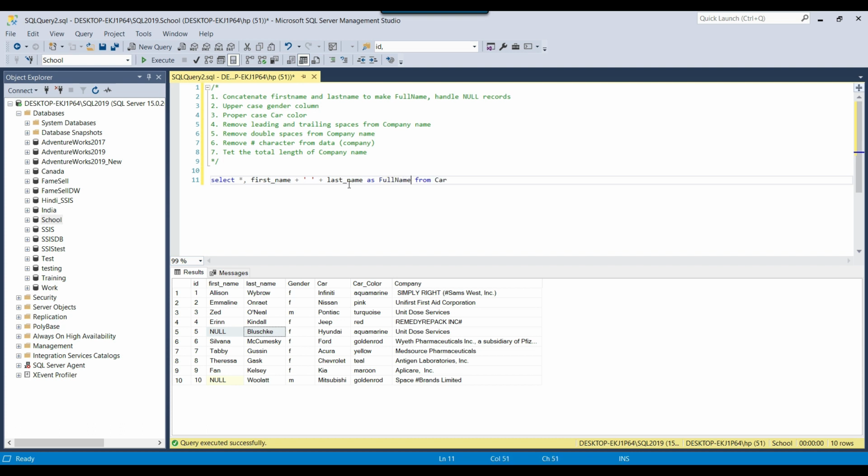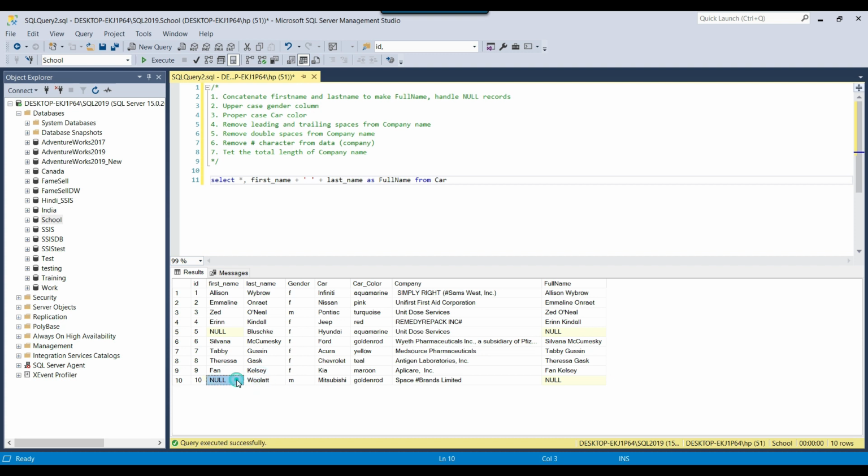If I execute the query, you can see that a new column got created, but for this particular record where there was a null in the first name, the full name is null as well. It also removed the last name, and the same is the case for ID 10, because there was a null value in the first name.